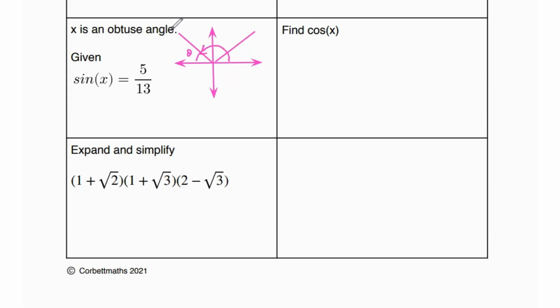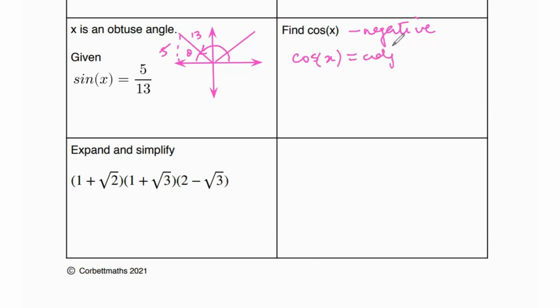So sine x is 5 over 13, this is going to be 5, this is going to be 13. This lies in the second quadrant. And in the second quadrant, cosine is negative. So whatever fraction or whole number we get for cos x, that's supposed to be negative. Now cos x we know is